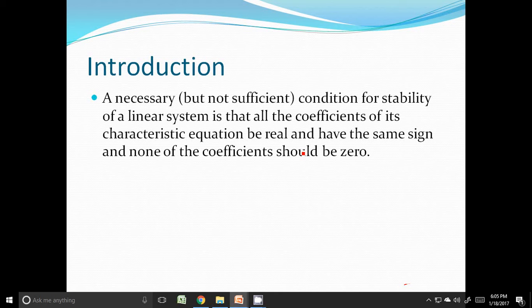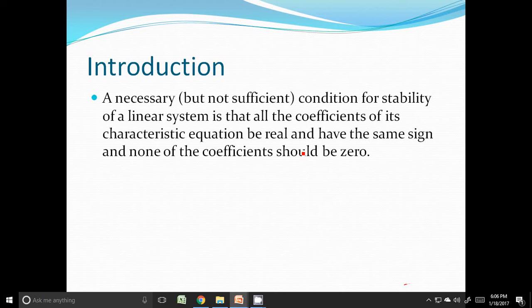If the characteristic equation of any system is very complex or it is a higher order system, then it is very difficult to calculate the poles. So there is one way to comment on the stability of the system by examining the coefficients of the characteristic equation. That is a necessary but not sufficient condition